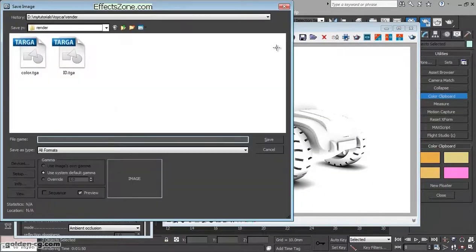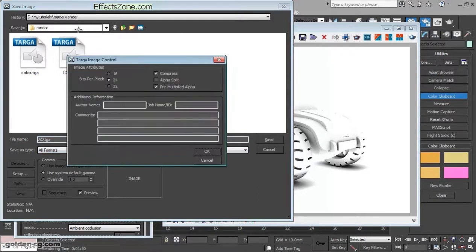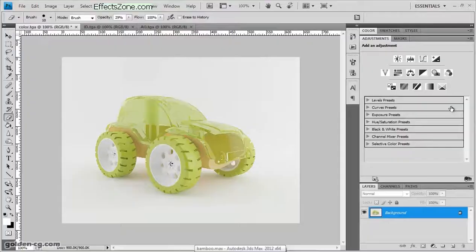I will save this work also as an ambient occlusion TGA, because we saved the first one with TGA, so we have to save the others also with TGA, and save it. Okay, last step is the